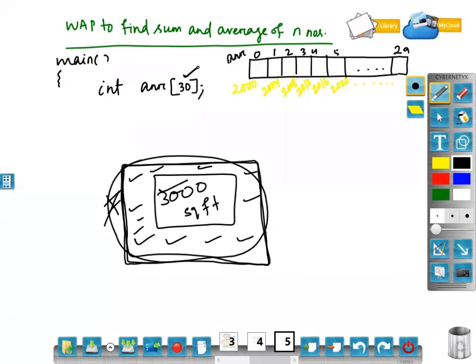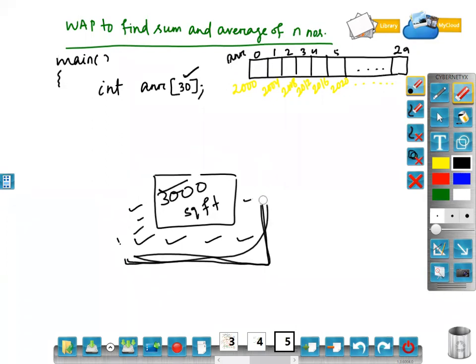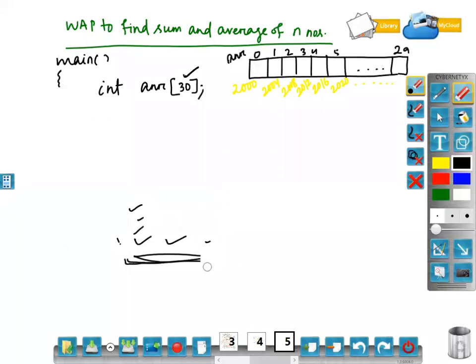So if I don't want to use the entire 30 blocks, then I have to use one variable and ask the user how many blocks actually you want to operate. If I give more than 30, that is a problem. Clear? But if I give below 30, then it is acceptable. So let me check what actually I can do and how I can handle this situation.